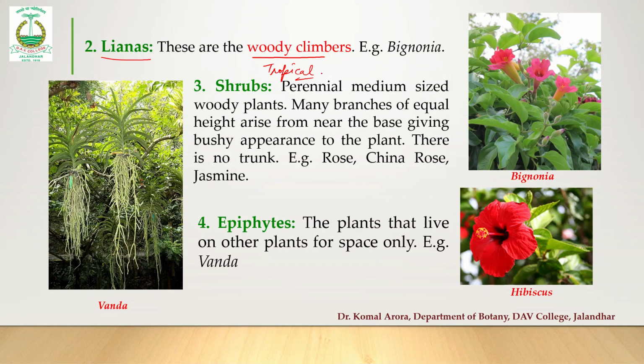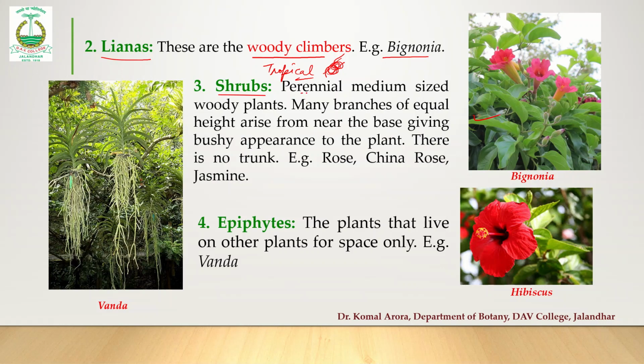Now in those evergreen forests, since the canopy of the trees is very dense, whatever vegetation is growing below those trees is not getting sufficient sunlight. So those climbers, the vines, have to climb up the trunks of the trees and reach the top surface, and slowly and gradually these weak stems become woody. So they are called lianas. This is a case as we observe in bignonia.